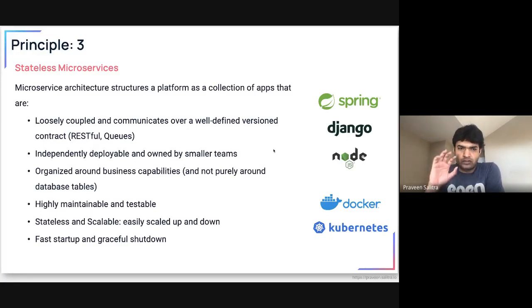Now, coding is one part, right? But how to provide them the runtime, and that's where you will start hearing words like containers. Docker is the most famous implementation. Kubernetes is when you have containers and you want to run them at scale, right? You want to have these services auto scale. You want to have high availability. If 2 of the services or 2 of the containers go down, you want to automatically bring them up, right? So that's why Kubernetes shines. So that's the concept of stateless microservices.